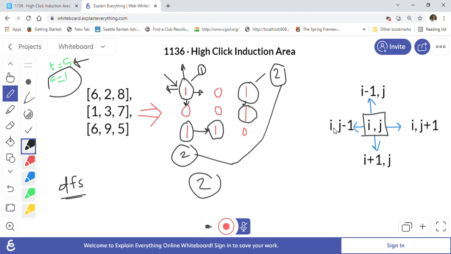If you go left, it is same row but previous column, so i, j minus 1, and if you go right, it is same row but next column, so i, j plus 1. So this is how we have to explore all these 4 directions to find out the area, like the high induction area. So we will create the 4 directions array and we will use that in our solution. So this is what the problem is, and this is how we are going to solve this problem.